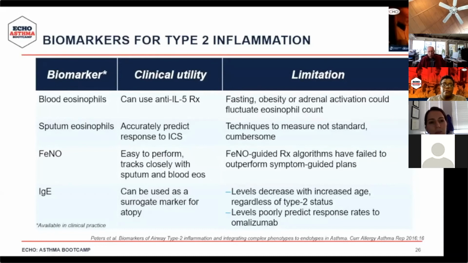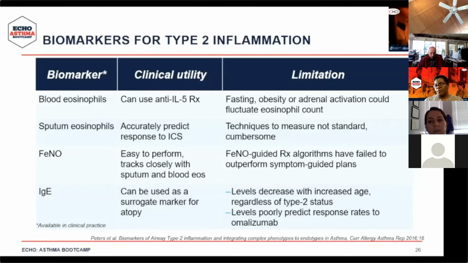And then finally, immunoglobulin E. Again, a blood test can be used as a surrogate marker for atopy, and patients with high IgE can be identified to see if they would benefit from treatments such as omalizumab. These levels of IgE decrease with increased age, regardless of the patient's type 2 status, and levels usually poorly predict response rate to omalizumab, and usually we don't necessarily track these patients with IgE once a patient is started on